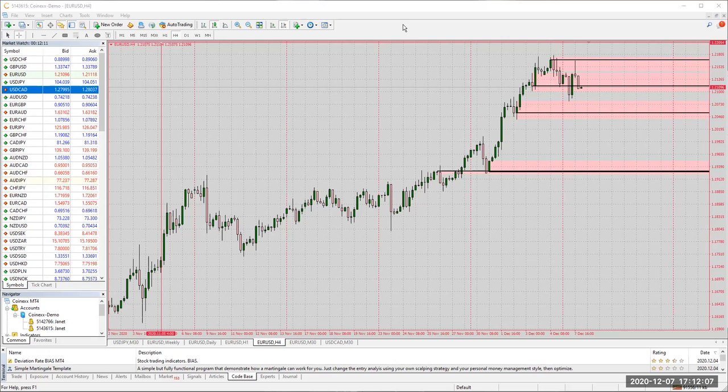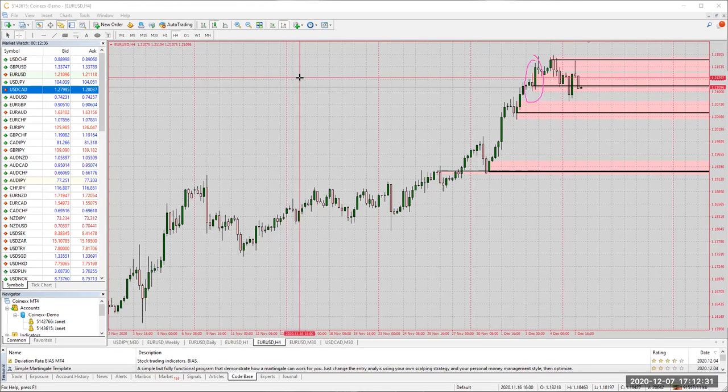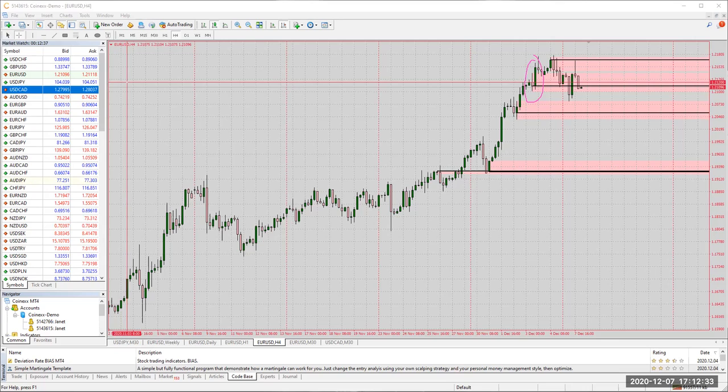Okay, back on the EU, looking for the next 4-hour candle. We had already chose that one. Let's go ahead and choose this one here at 12:03, 12 o'clock. I'm going to also mark that one. 12:03, 12 o'clock. Okay, so now I'm going to jump over to the 30-minute looking for the corresponding candles that